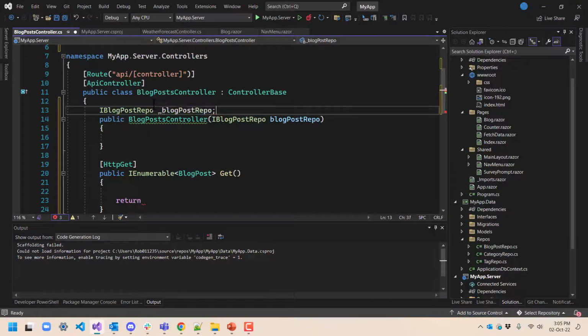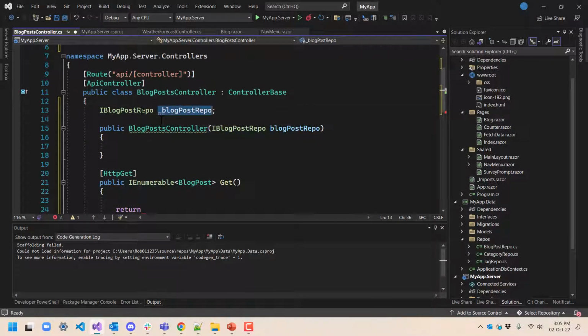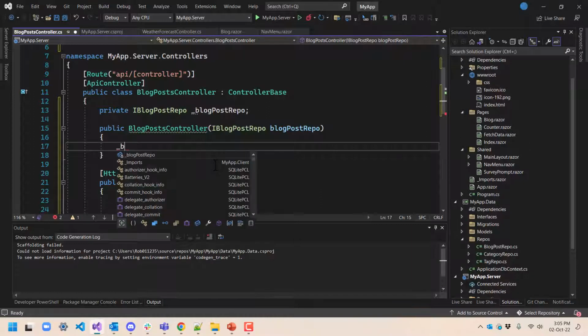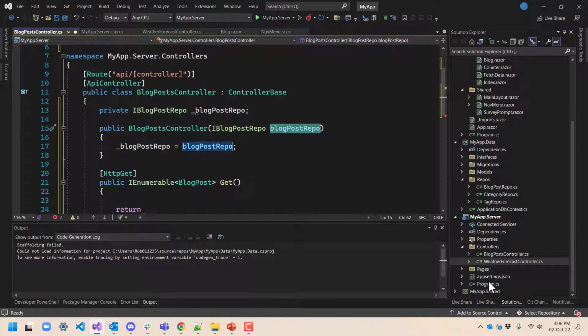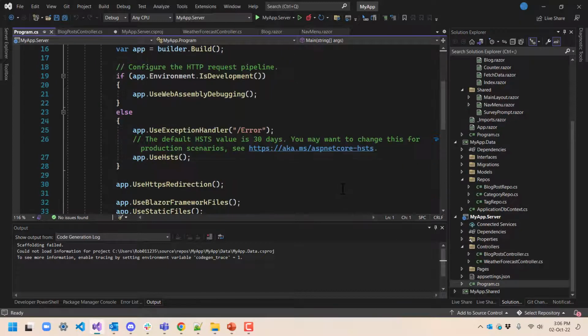or not property, a private field that these can all get access to. And at some point, we're going to be inserting a blog post here. Well, how do we get that in there? Well, what we do is in our server, under Program.cs,